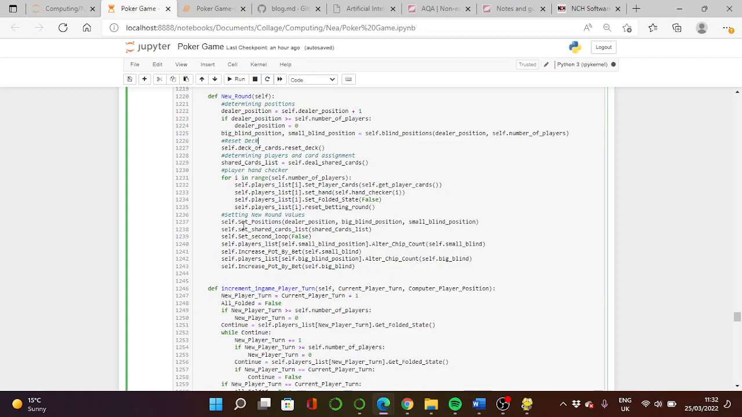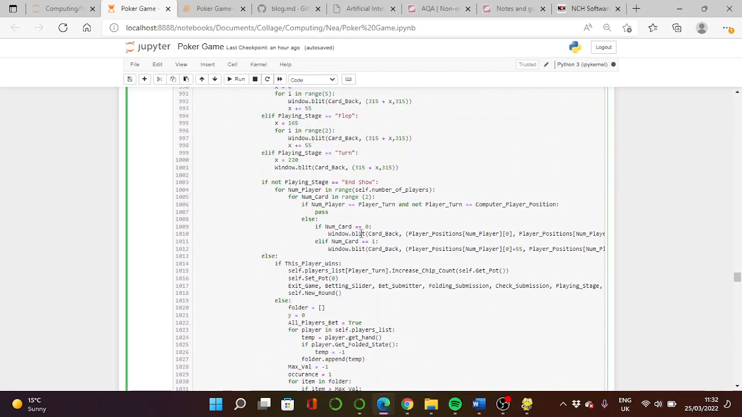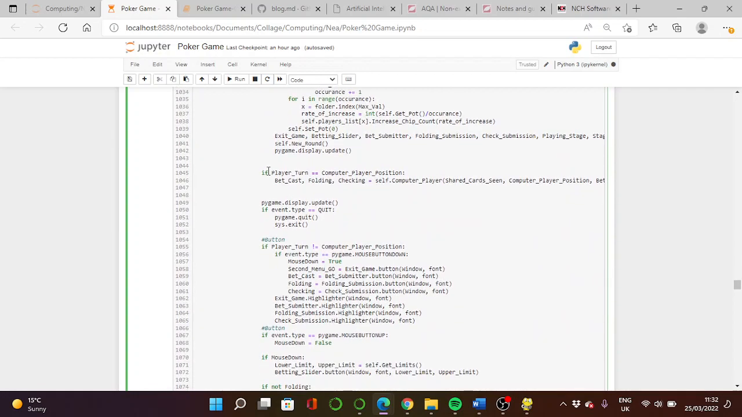After that's done, it will set the positions of the dealer, the big blind, and the small blind to the ones calculated at the top, and then it will do the big blind, small blinds for each player that should be big blind and small blind. They will pay straight away. So once that's done and it's the computer player's turn, it will run this section of code,